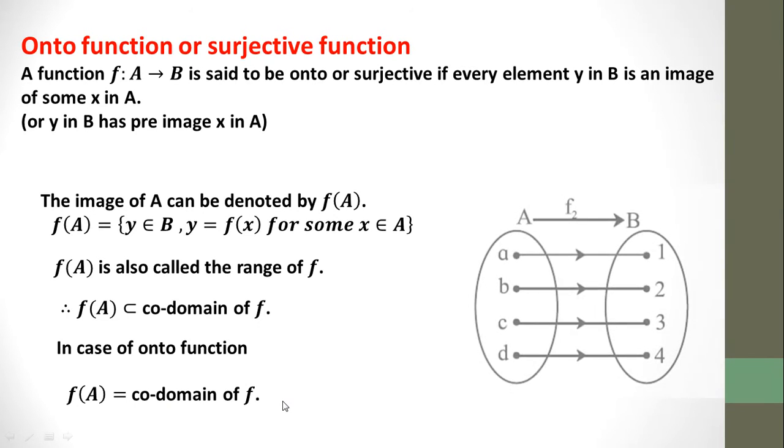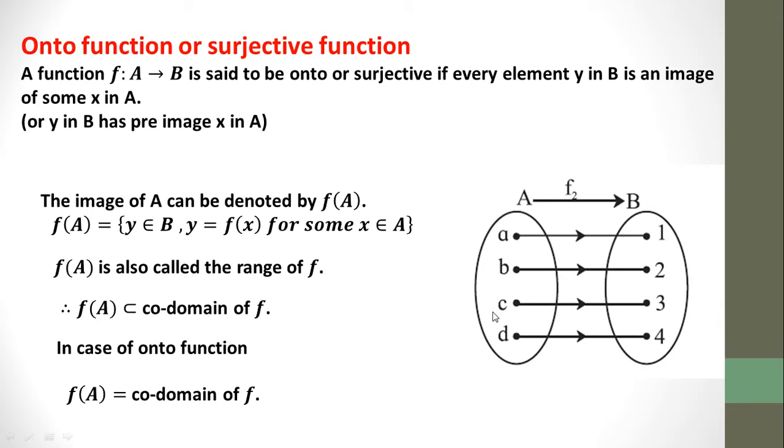Okay, so let us see by Venn diagram. You will get a clear idea by this Venn diagram. See, here A is related with 1, B is related with 2, C is related with 3, D is related with 4. See here, this set B is important. B is called the codomain set. Now there are 4 elements.